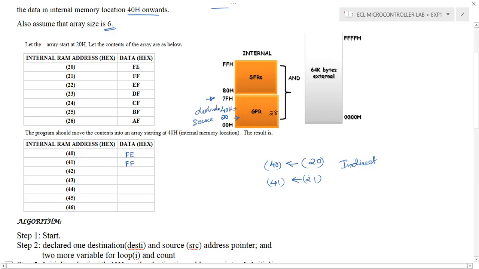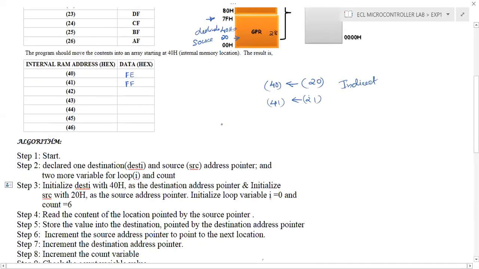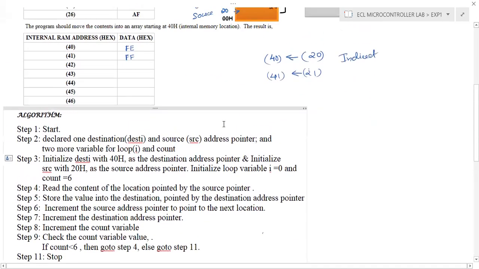Okay, destination starting address. And we need to declare some variables to point to this destination. So we'll declare some destination variable, and we'll also declare a source pointer in order to point to this 20